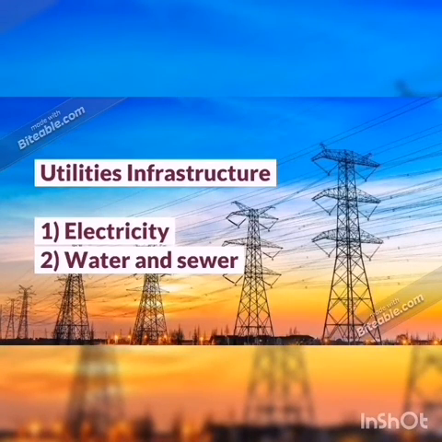Utilities infrastructure can be divided into two: electricity, and water and sewer. Electricity is not always reliably available in the world. Water and sewer: the water supply and quality of water is a concern in many countries worldwide. The infrastructure designed to remove used water is critical and often a problem as well.